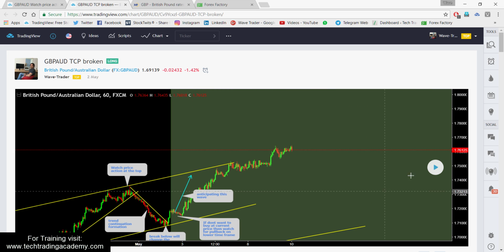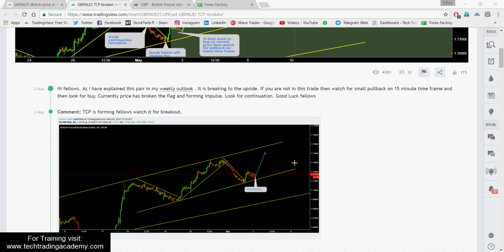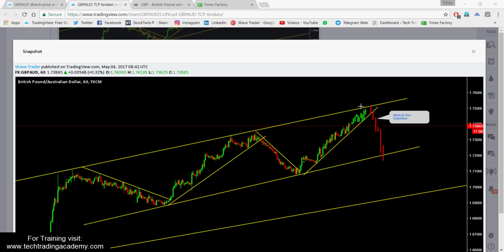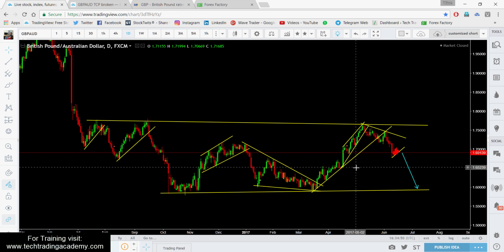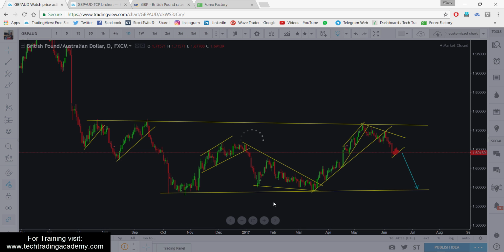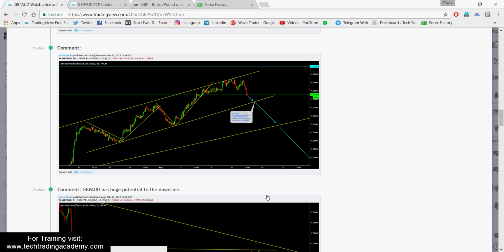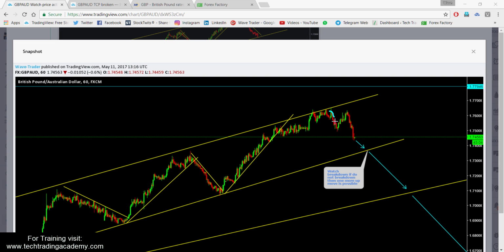Once price hit that bigger trend reversal channel here, we were anticipating impulse to the downside. If you fellows remember, we were anticipating impulse from that top. So we have seen impulse and reversal channel at that area, and price tested that top. We were anticipating a top and breakdown from that top. Here we have seen impulse, and here we have seen the reversal channel, price broke out and tested that area. We were anticipating that top and breakdown, forming a continuation formation under that bigger channel,